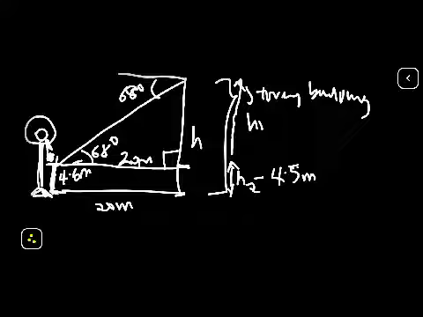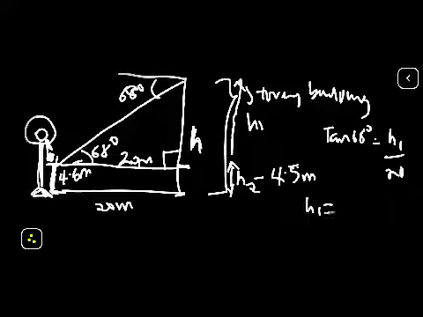Okay, so now we need to find h, and to find h we need opposite over adjacent, because opposite is the unknown, which is the h1 here, and adjacent is given, which is 20 meters. So for our solution, we have tan theta, which is tan 68 degrees. I'm going to put it here. Tan 68 degrees equal to opposite, which is h1, over adjacent, which is 20. And if we cross multiply, we have h1 is equal to